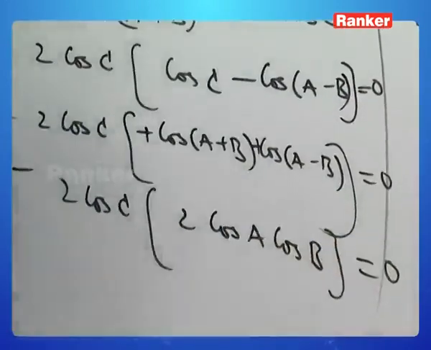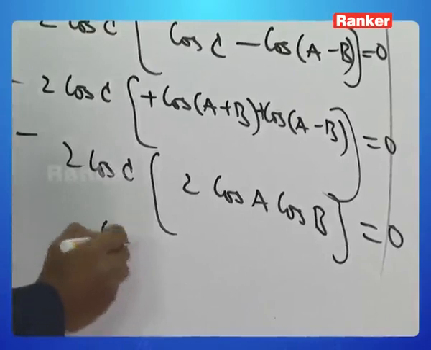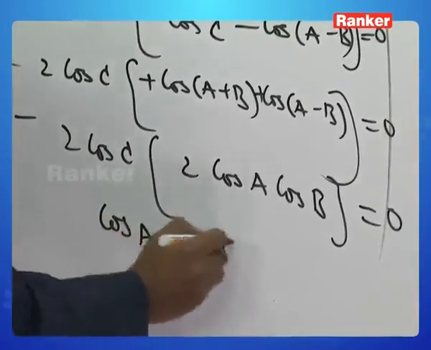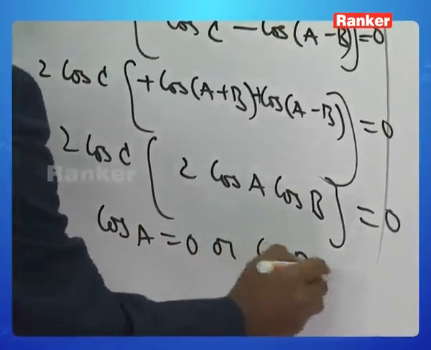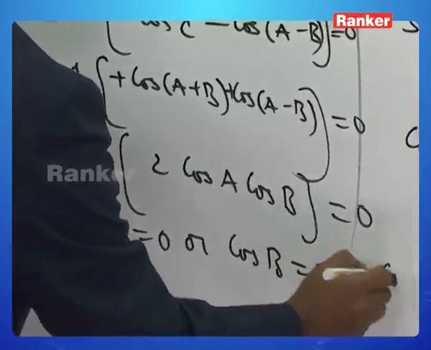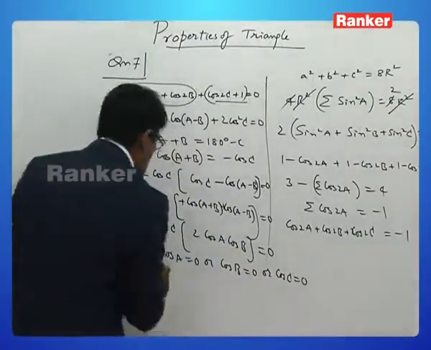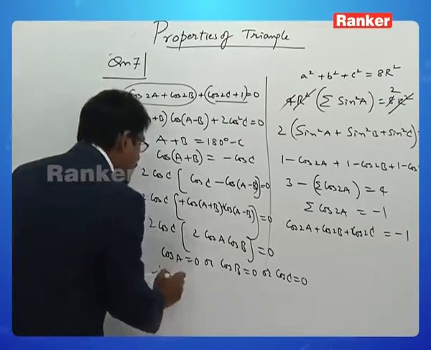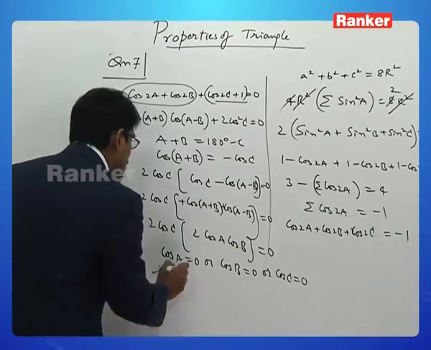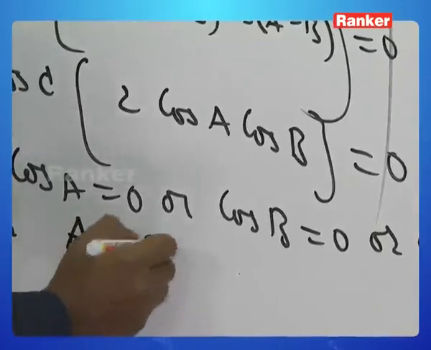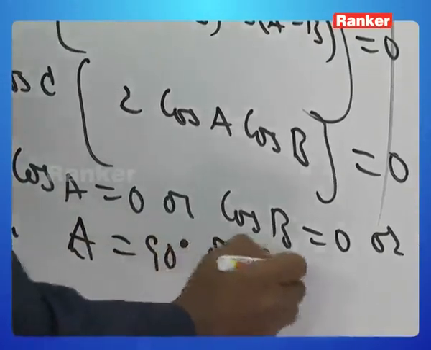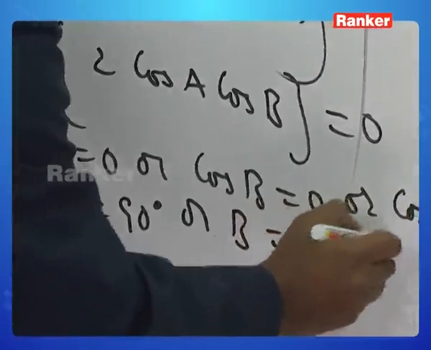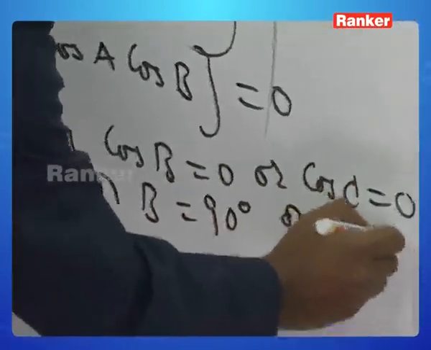is equal to 0. That gives me cos A is 0 or cos B is 0 or cos C is 0. So therefore, either A or B or C will be 90. This implies angle A is 90 or B is 90 or C is 90. So one of the angles will definitely have to be